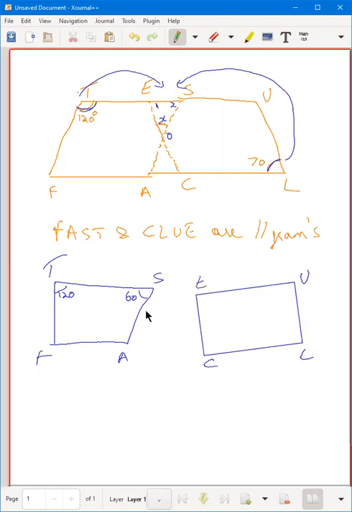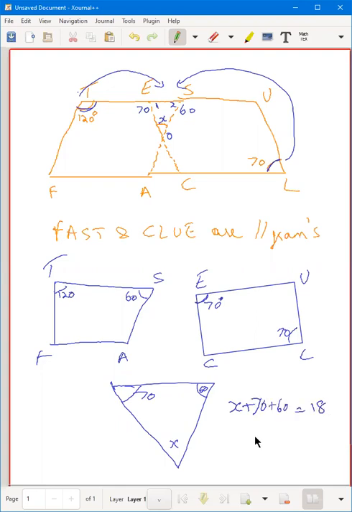CLUE. Forget the shape, okay? It's gone haywire. 70. Can I find out this triangle now? Yes, it would be 70. Property: opposite angles of a parallelogram are equal. So we had this as 60, this has 70. So now can we find out X? We have a triangle. This is 60 degrees. This is 70 degrees. What is the value of X? It would be 60 plus 70 plus X would be 180. So what will become X? 130 degree, 50 degrees. So X is 50 degrees.